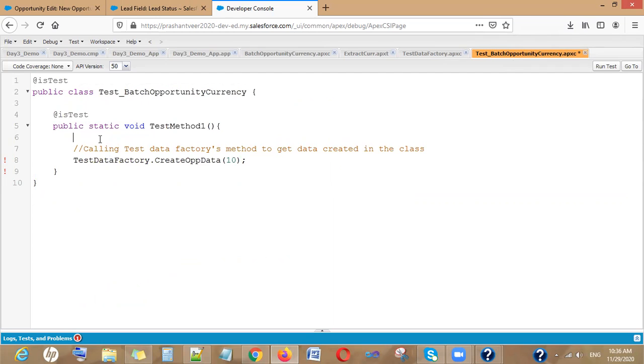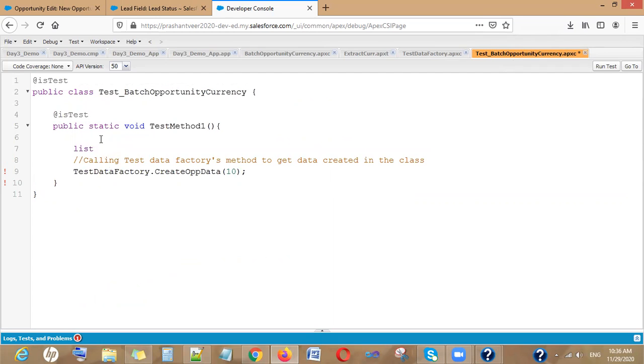So for this I am creating a list, so whatever data I create, I will store it into the list. Now I need to call my